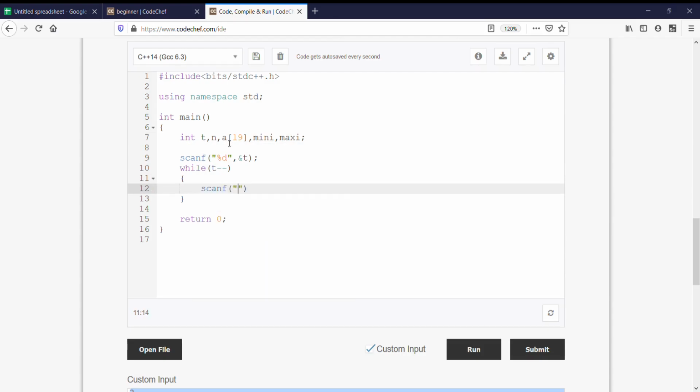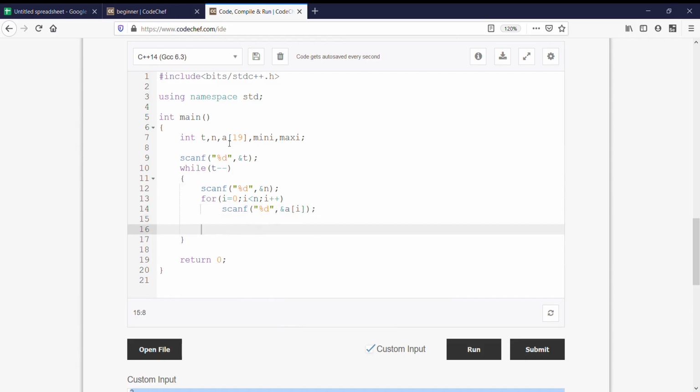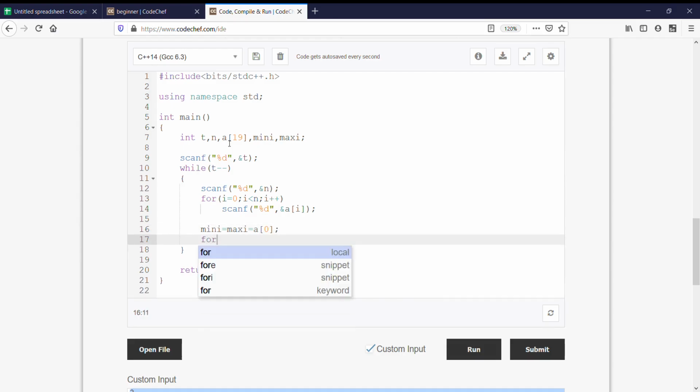Now we will take input: scanf %d &n, for i equal to 0, i less than n, i plus plus, we would be taking the sequence of elements with scanf %d and storing in array A. Now we would initialize mini and maxi as the first element, so that we can compare other elements and decide our smallest and biggest number.